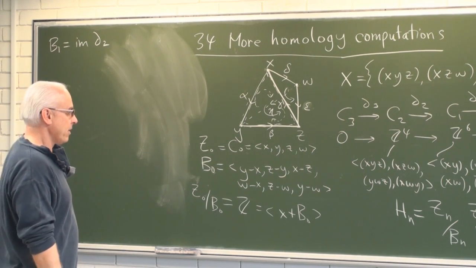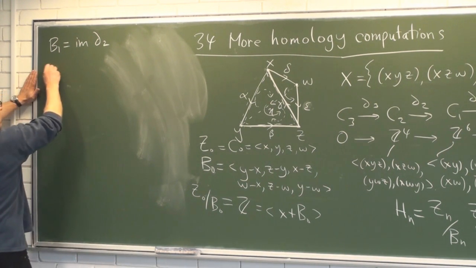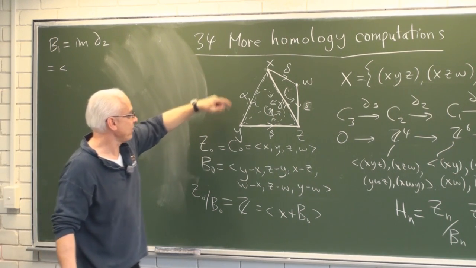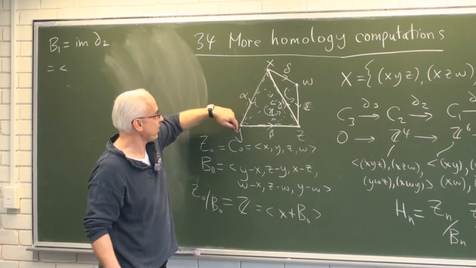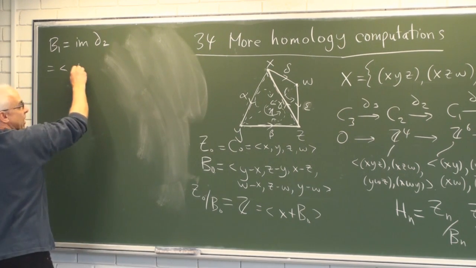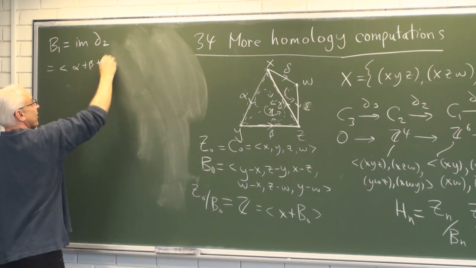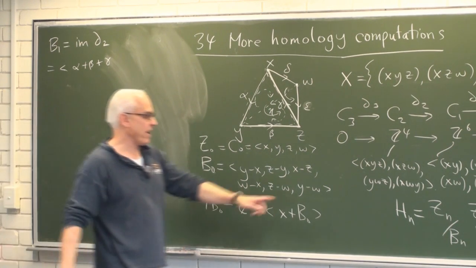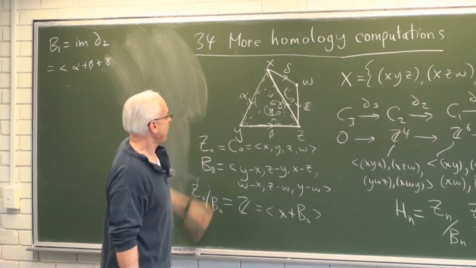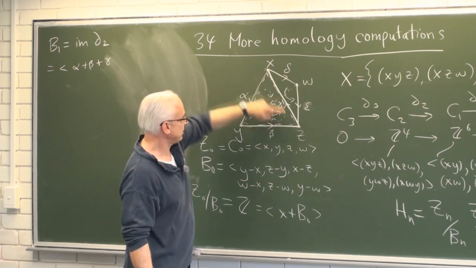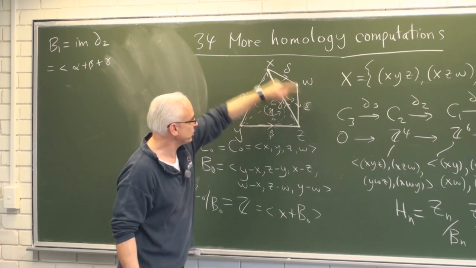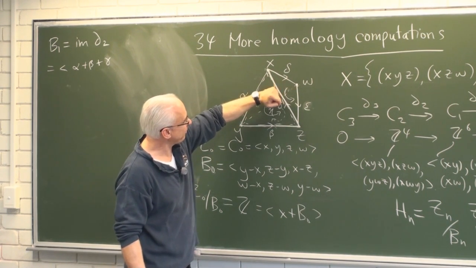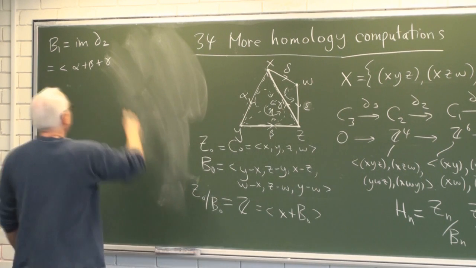Well, that's the span of the boundary of x, y, z, that triangle. Its boundary is going to be alpha plus beta plus gamma. The boundary of x, z, w in that direction is going to be minus gamma